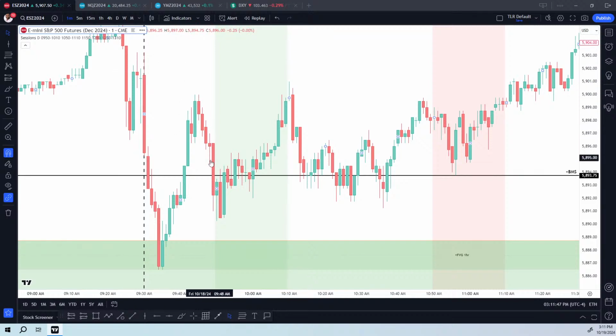So then we pulled back down into the range again, right? And then when we pushed above the high right here, we're still inside this range. This is just internal liquidity inside this range right here. You see what I'm saying? We haven't raided. So when I'm trying to go long or short, I want the market to